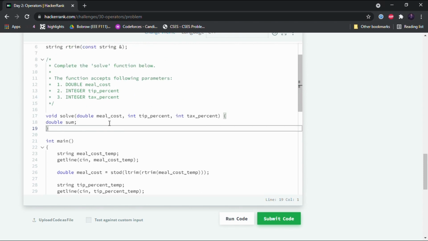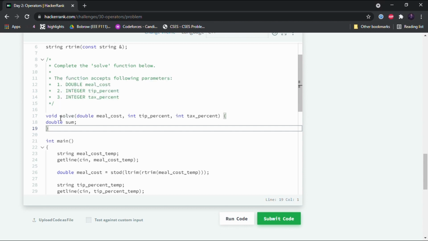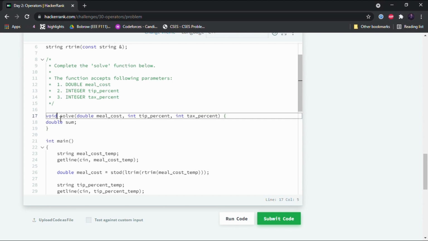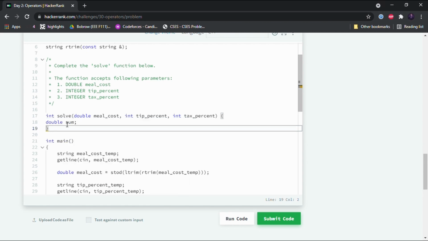The syntax of the function definition is that whatever data type you want the function to return is written before the name of the function. So the name of the function here is solve, and void is the data type that the function returns. Void means nothingness, right? So it will return nothing. But if I wanted the function to return an integer, then I would have written int here.